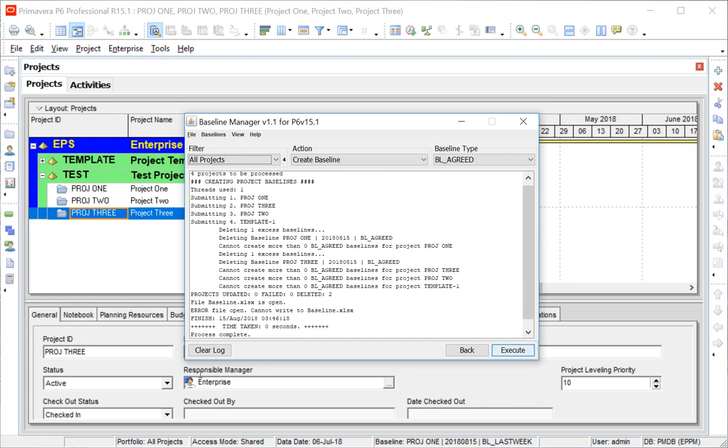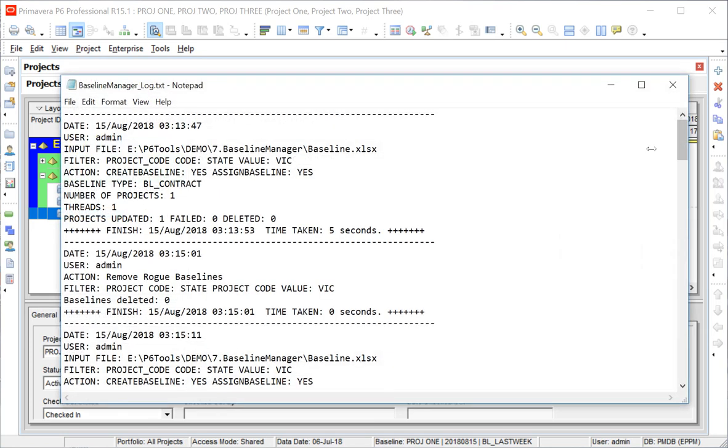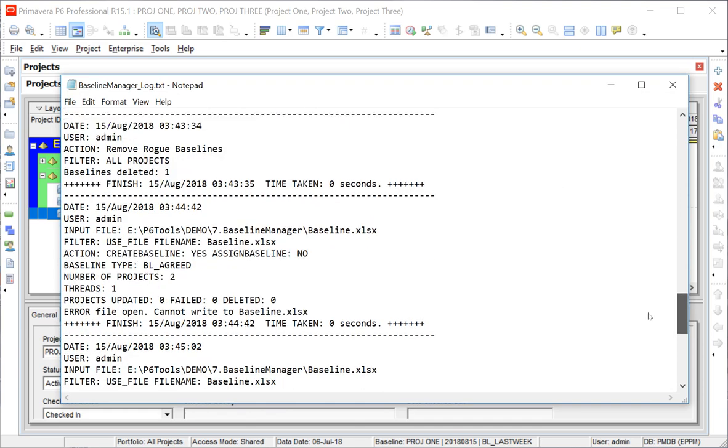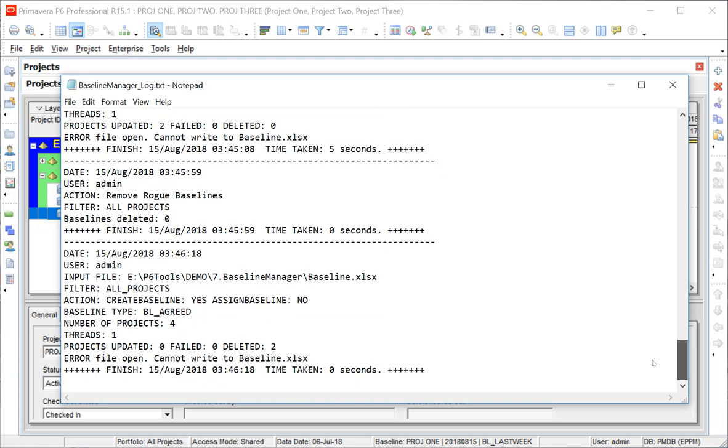That's how this thing works. So go and have a look at the log file. It captures all of those activities that happen, what you did,